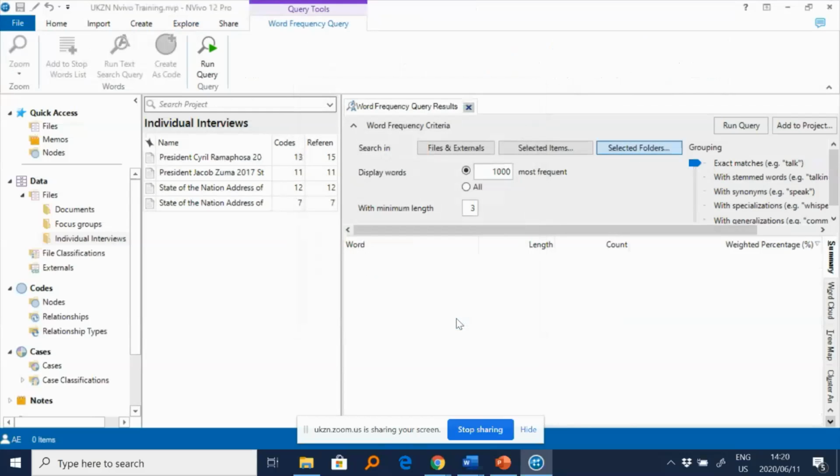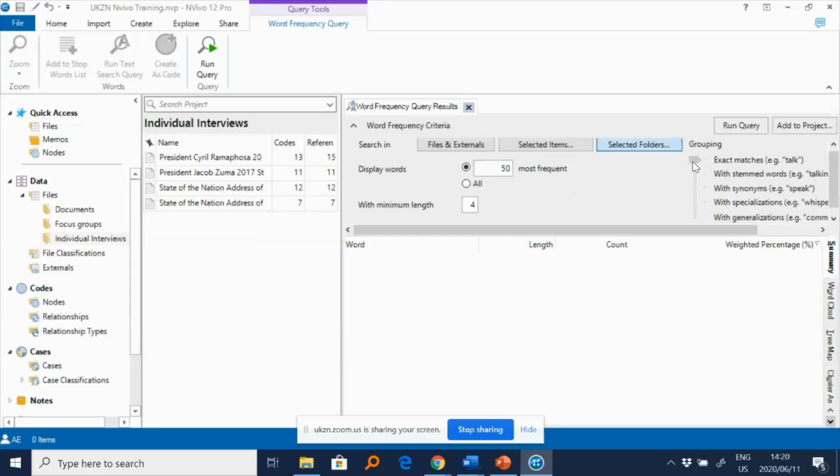I click on OK. And I said you can change this default because it doesn't make sense. We have only 4 files, so to say look for the 1,000 most frequently occurring words doesn't make sense. I'll change the default to 50. And here I will change this to 4. This means that words like was, because it has only 3 letters, will not appear in my text search result.